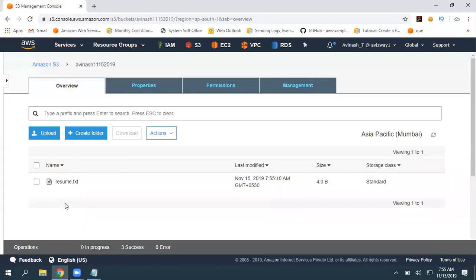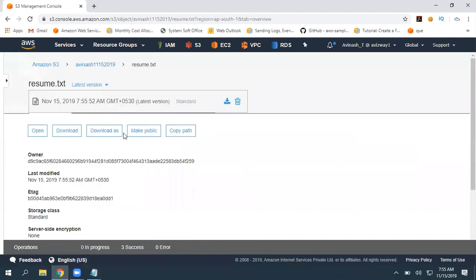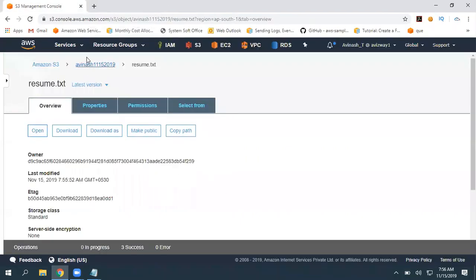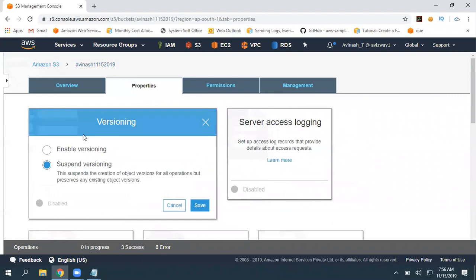All right. Now to enable versioning, go to properties. The first option is versioning. I am getting only one object if I don't have versioning, and as I have uploaded this, I have only that. Now go to properties, versioning, enable versioning.